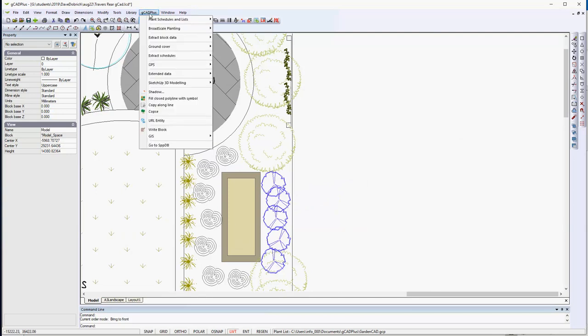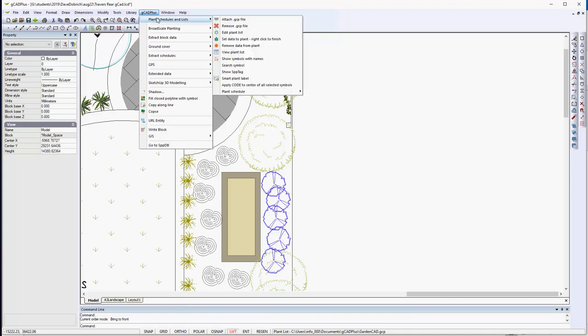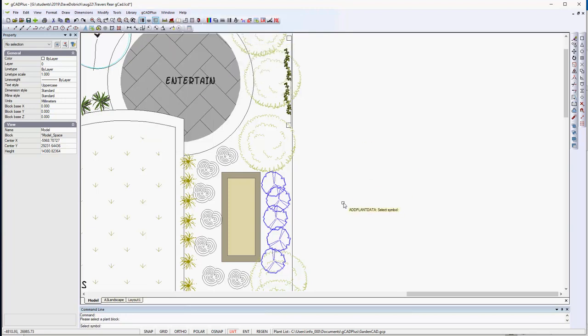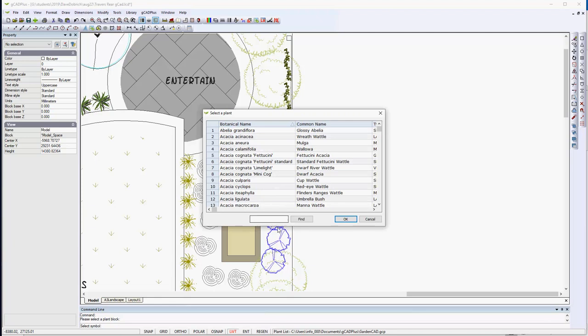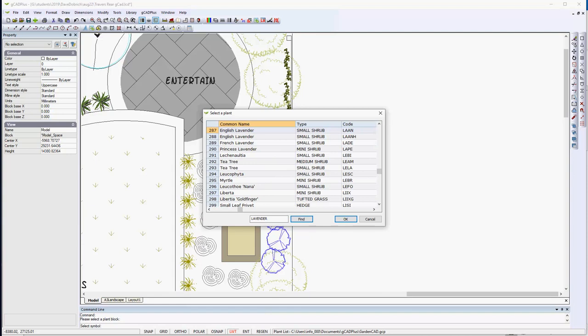What we now want to do in this brand new drawing, imagine that we're wanting to generate a plant schedule, is that we want to associate one of those symbols with a species name. So set data to a plant, right click to finish. So if we pick this one, that might be a lavender. So let's just type that up. Could be the English lavender or a French lavender. So we'll pick that one